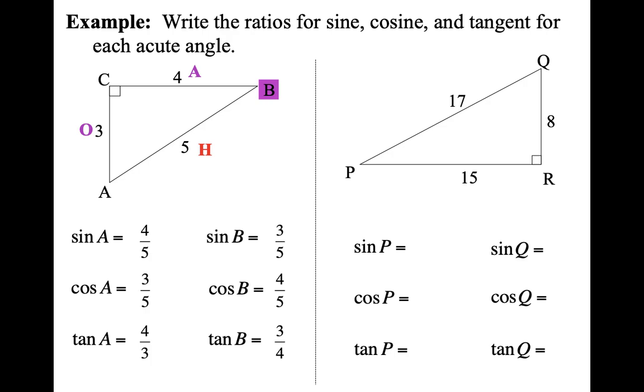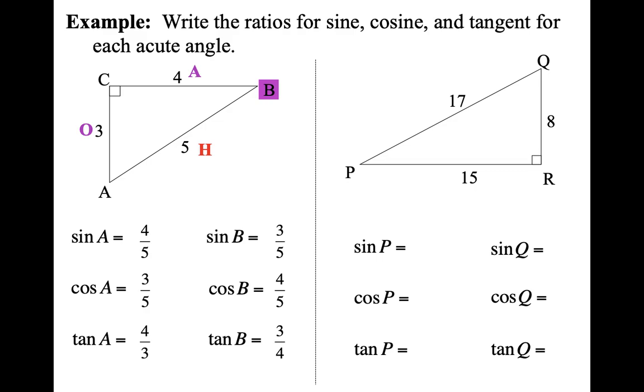What we want to take a look at is what's the relationship between A and B? Well, A and B have to add up to 90 degrees. They're complementary, and the reason for that is the triangle sum. Angle A plus angle B plus angle C have to add up to 180. We know that the measure of angle C is 90 degrees, so if I take that away, we're left with the measure of angle A plus the measure of angle B equal to 90. If angle A was 40 degrees, that means angle B would have to be 50 degrees by the triangle sum.